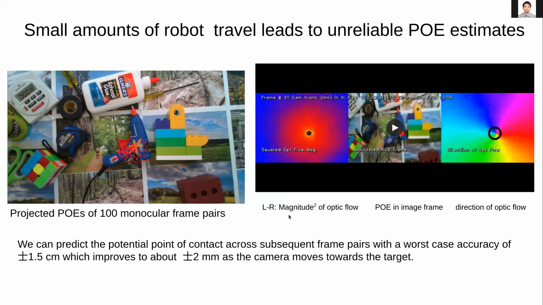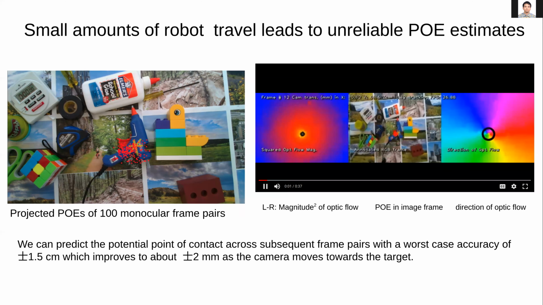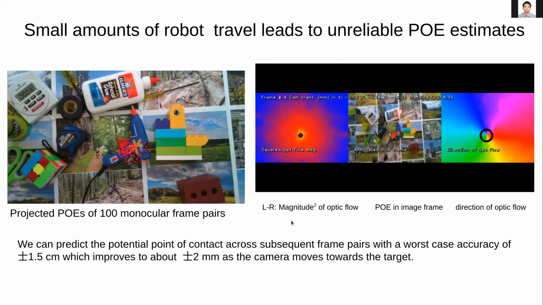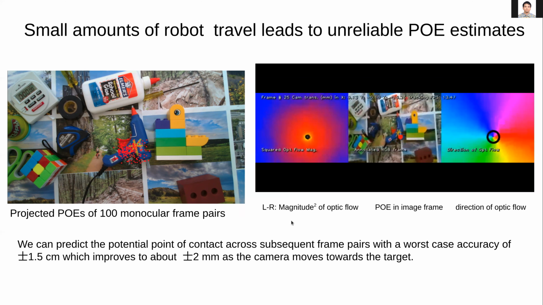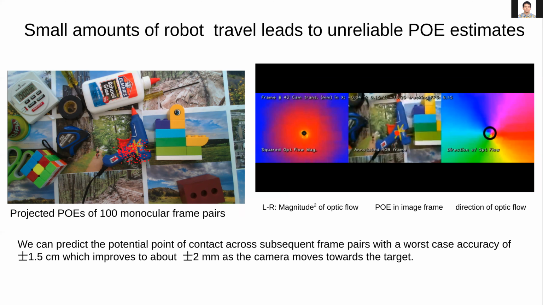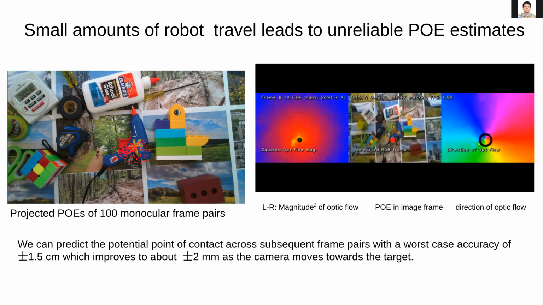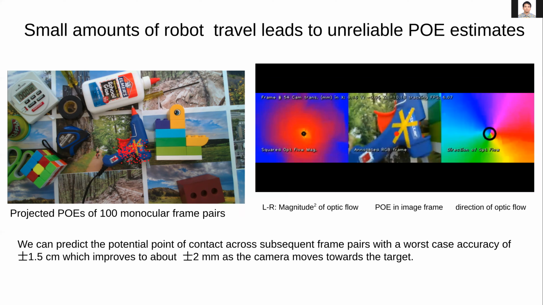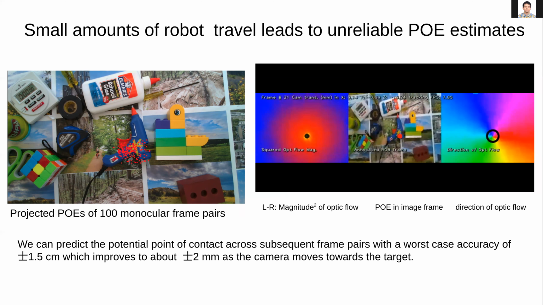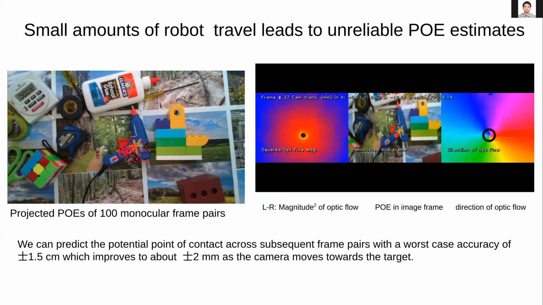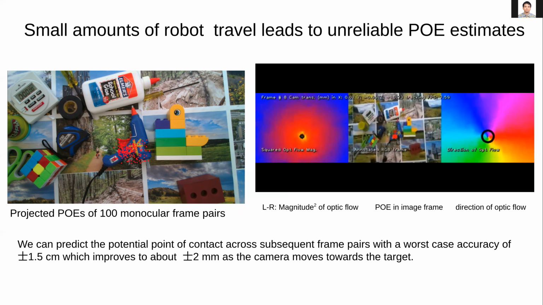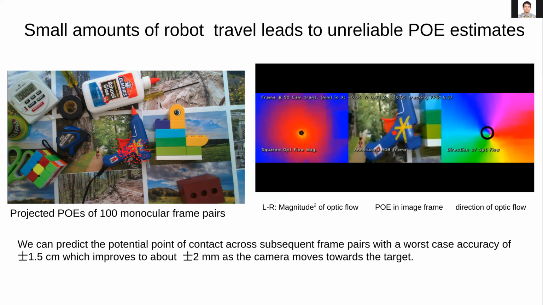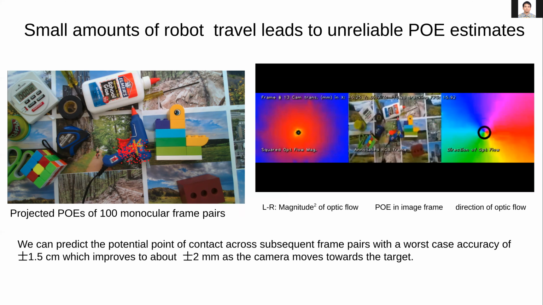However, while implementing this on the robot, we found that the point of expansion calculation over small intervals of vertical travel was not reliable. On the right, we show how the predicted point of expansion fluctuates as the robot approaches the target in the workspace. On the left, we provide an approximate projection of the point of expansion of 100 monocular frame pairs. We note that they are spread around the actual point of contact, which is just below the yellow cross mark